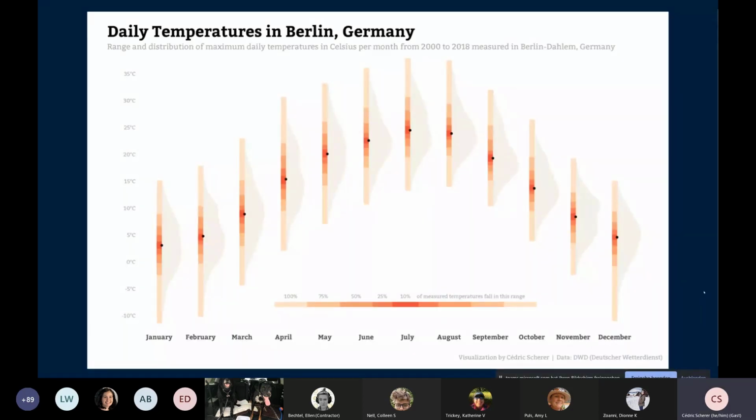And for example, I've used this for a contribution to the Storytelling with Data challenge, where it was about distributions. And this is showing the temperatures across months, across a year. And then you see it's exactly the same chart type as before. I have these interval strips, I have these density curves, and a point indicating the median.